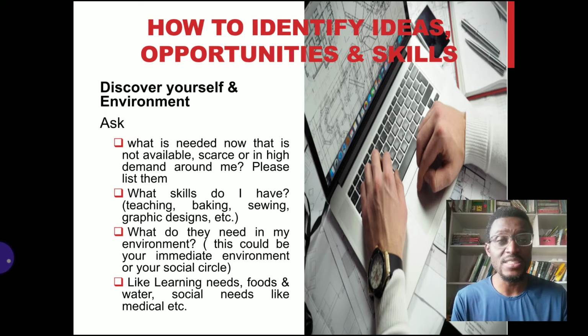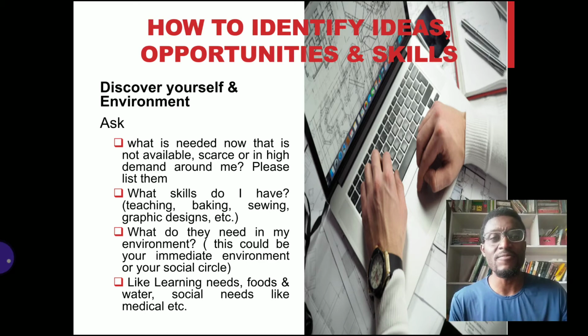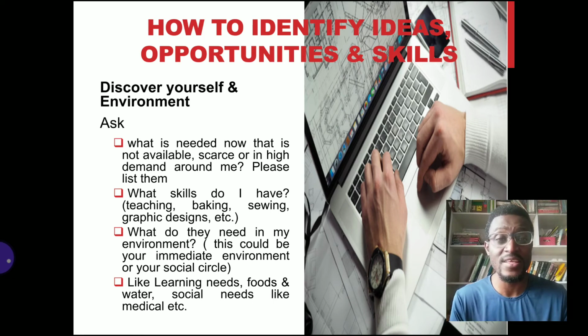Something is available but scarce, which means it's in limited supply, so there's a problem with supply, but demand is high. There are also things that are very high in demand and are available but consumed on a regular basis, especially things like food, clothing, and some other things, even digital products. People are demanding them regularly. The demand is high,